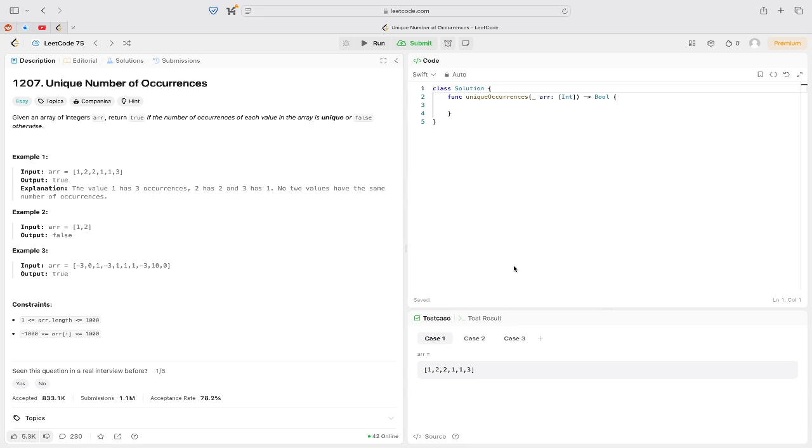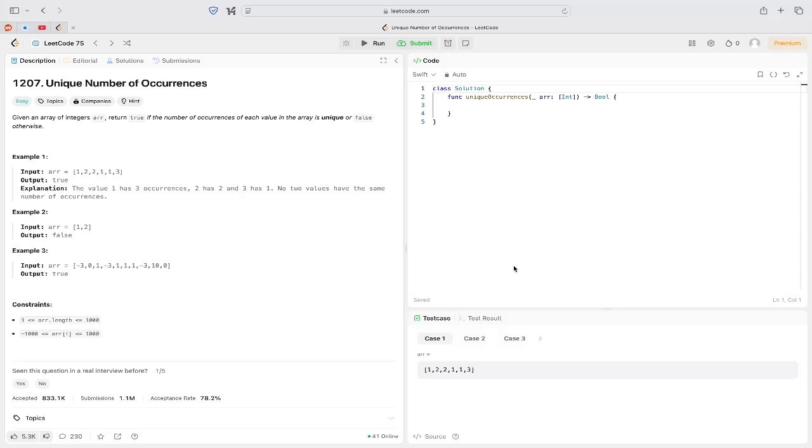So we are given an array, and we want to check if the number of times a particular number occurs is unique. So for example 1, we have input array equals 1, 2, 2, 1, 1, 3,